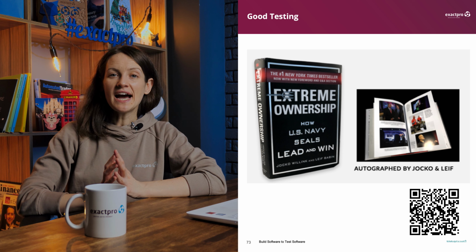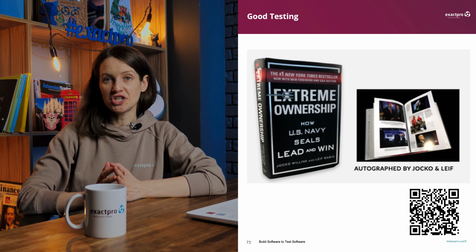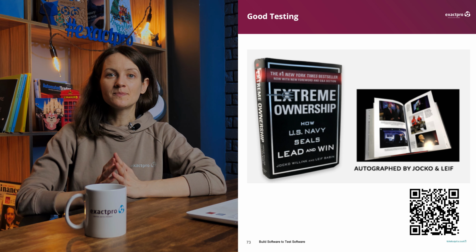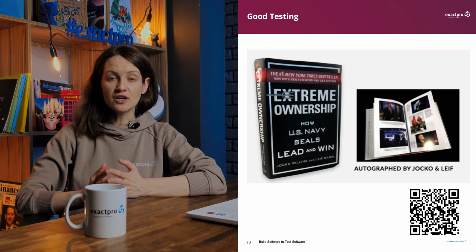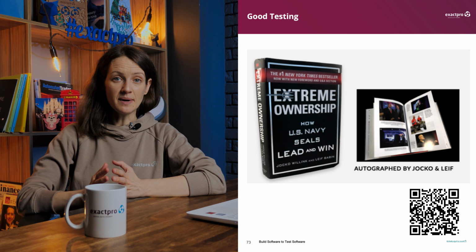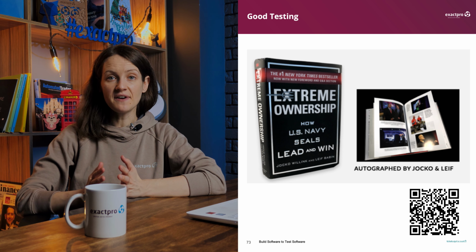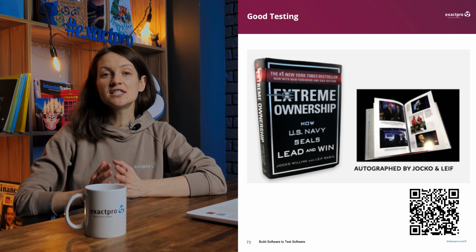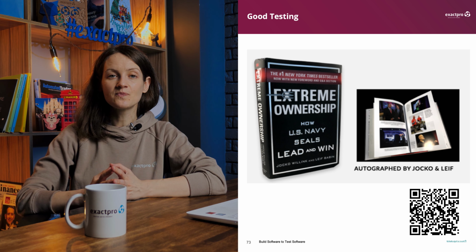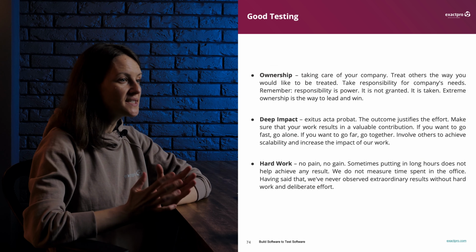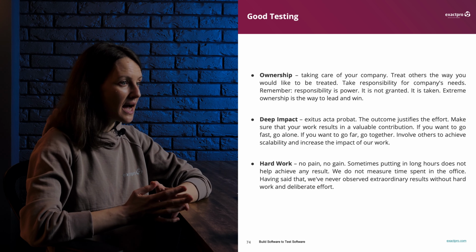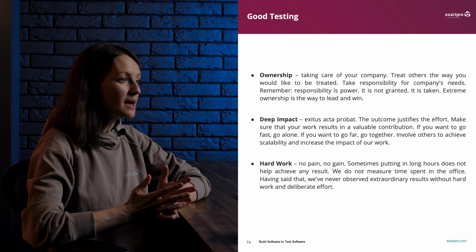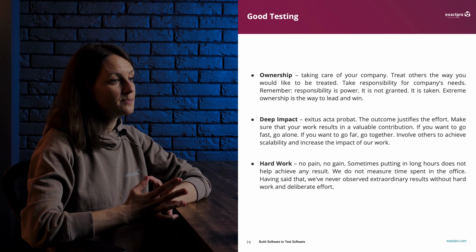There's a book that we highly recommend called Extreme Ownership. A lot of ideas mentioned there can be applied to software testing. We teach our testers that their sole responsibility is to find bugs and to make sure that none of the defects pop up after going live. And that happening is nobody else's fault. At Exactpro, we teach 7 principles of good testing. I mentioned the first one already. It's ownership. It's something that you cannot be given. It's something that you take.